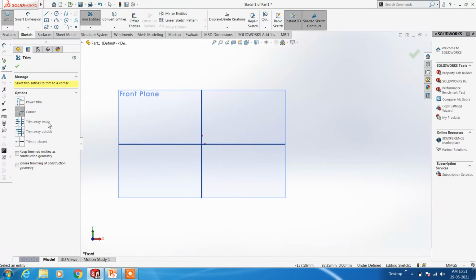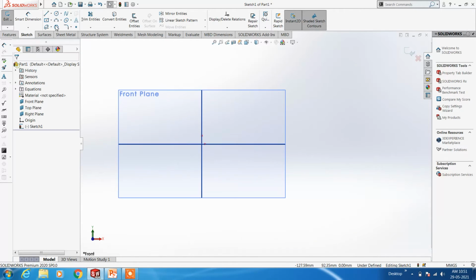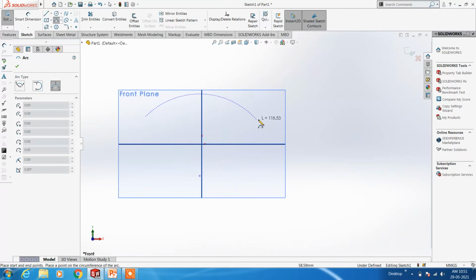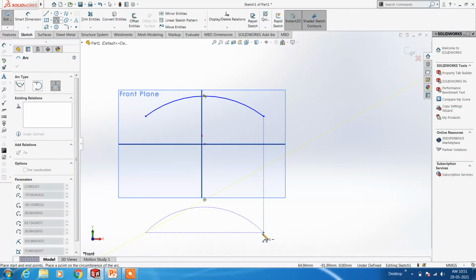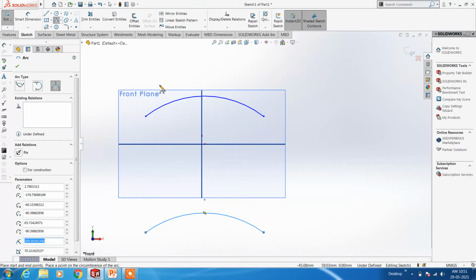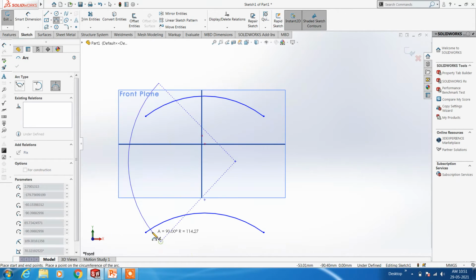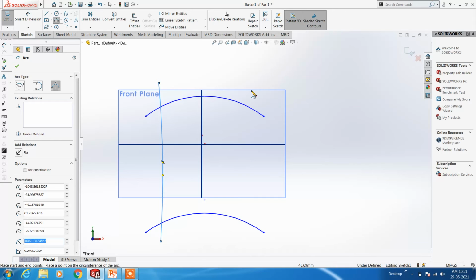Next one is trim away inside. Trim away inside means, suppose if your diagram condition is like this, only the inside sketch alone will be deleted.